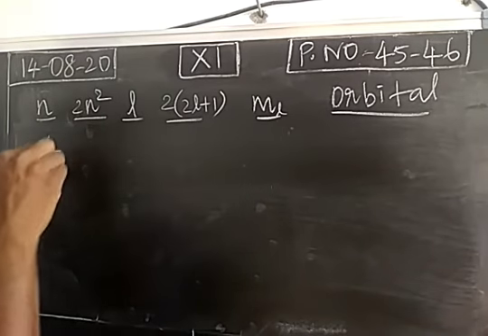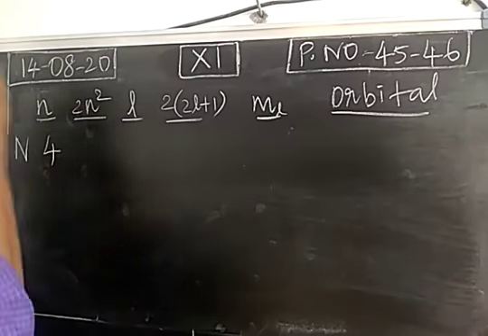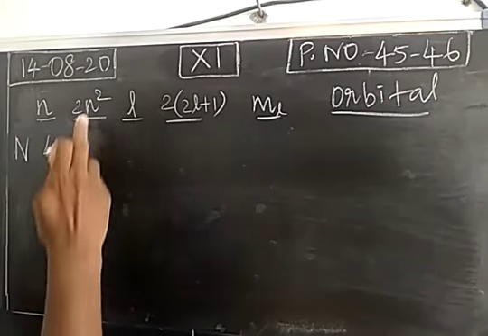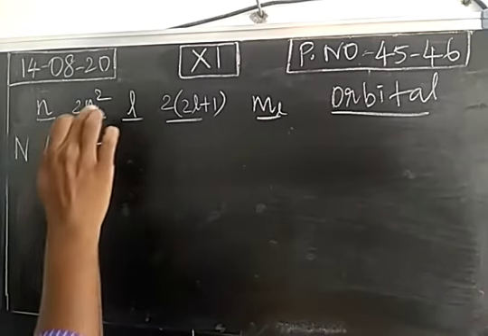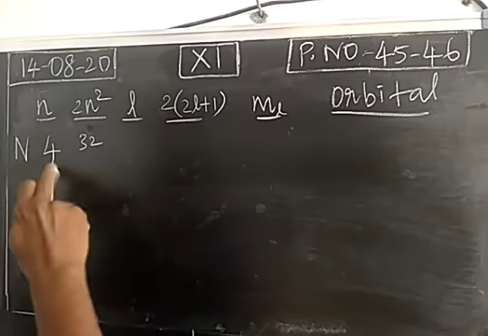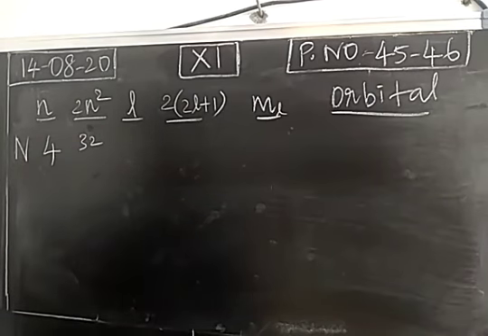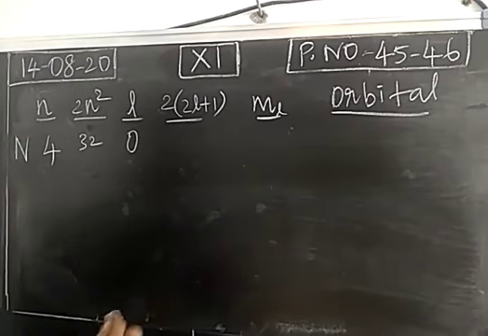Next, fourth orbit or fourth cell will be denoted as N cell. So substitute n here, right. n value 4. Maximum 32 electrons can be present in fourth orbit. So what are the possible azimuthal quantum numbers? It starts from 0, it ends with n minus 1. So 4 minus 1, 3. So possible azimuthal quantum numbers 0, 1, 2, 3. These are all possible azimuthal quantum numbers.